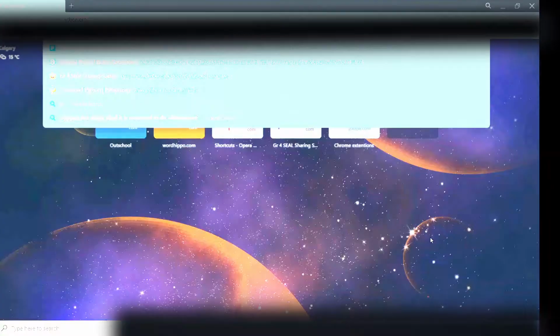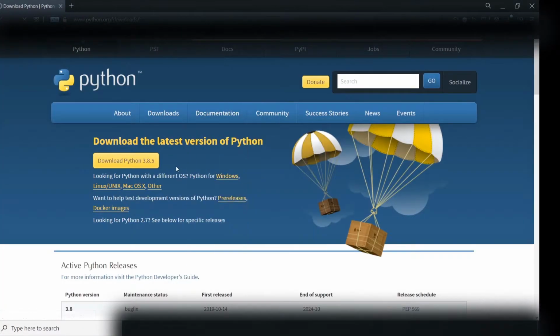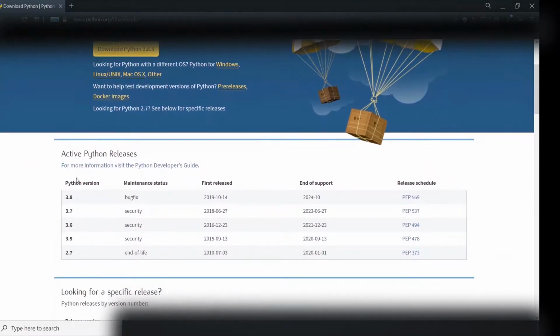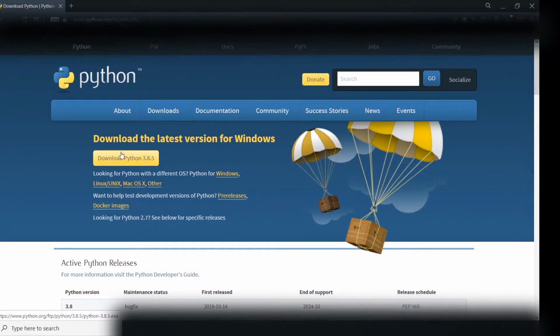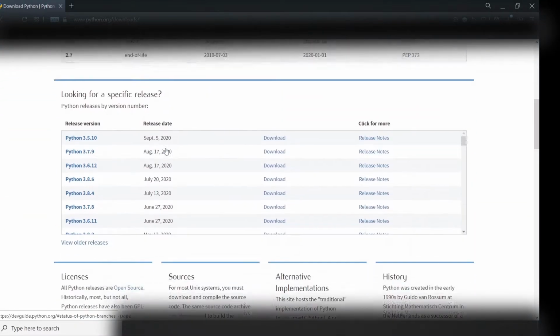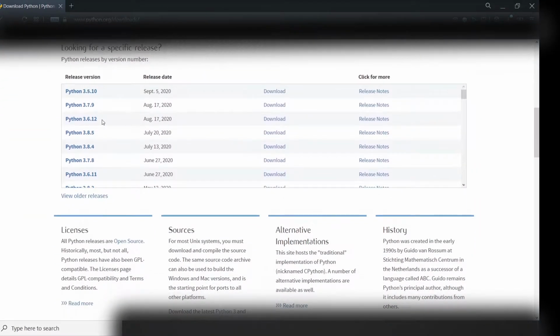So what you want to do is go to python.org/downloads. Then here it says download the latest version of Python for Windows. So this is the Windows 32-bit installer. So what you can do if you want the 64-bit for Windows, and if you're on Mac OS X, you can come down here,